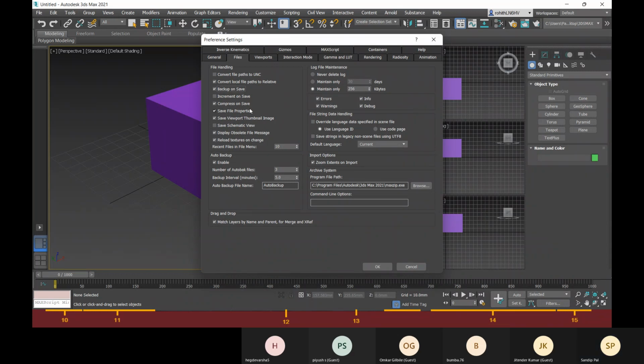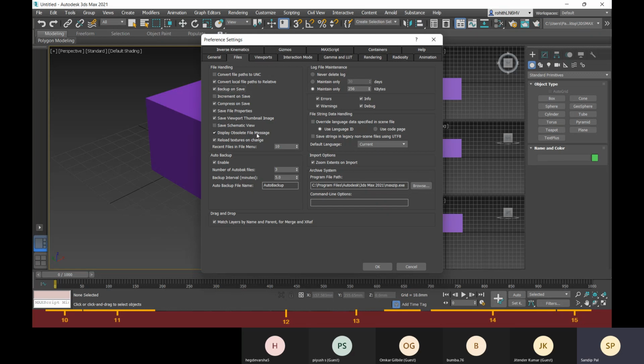And then you have this save viewport thumbnail image. You have this viewport as per the current viewport position, and you will have that thumbnail of your saved file, right? Like you get in your Revit when you save it, right?